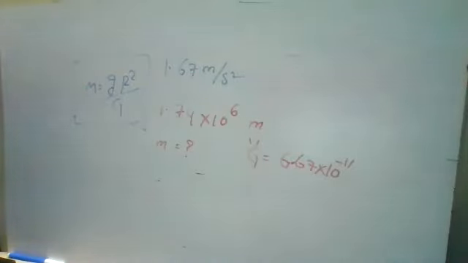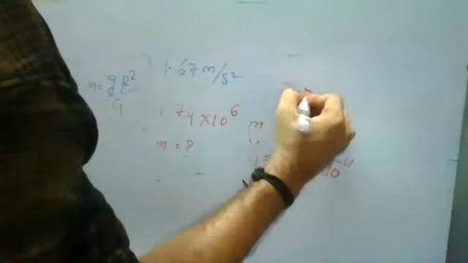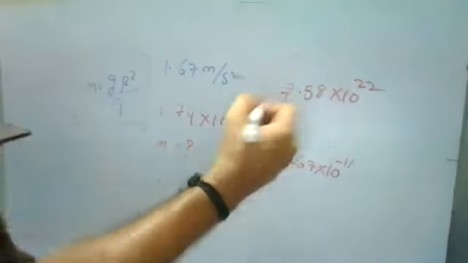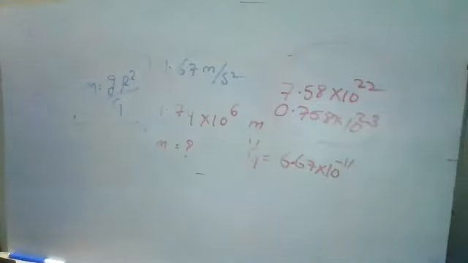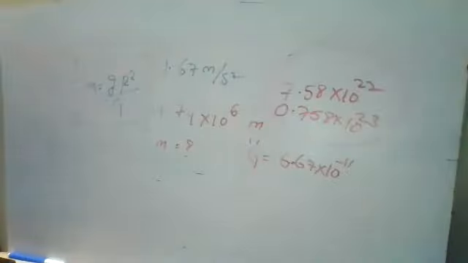You can convert this into power terms, or you can use decimal points also sometimes. So the answer I'll write as 7.58 into 10 power 22 or 0.758 into 10 power 23. Both are the same. For now, don't round it off if you're doing the problems. If you want to move further faster, you can round off; the nearby value is your answer always. So next question.